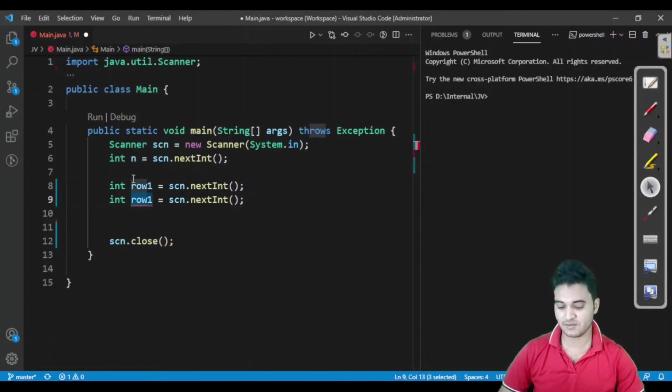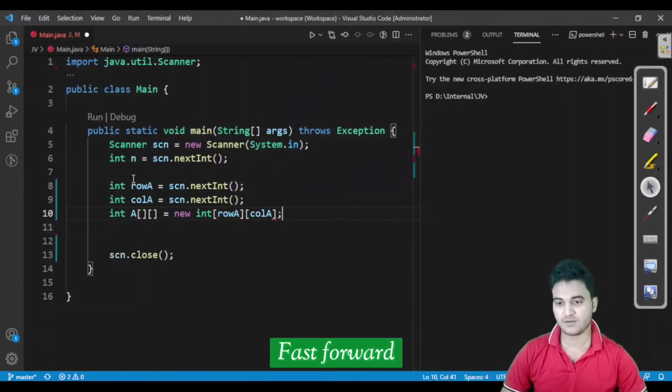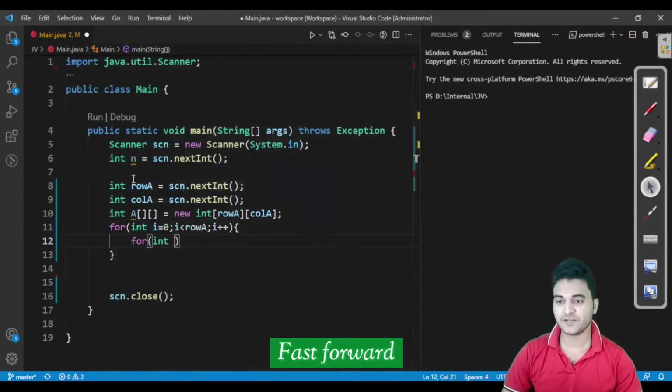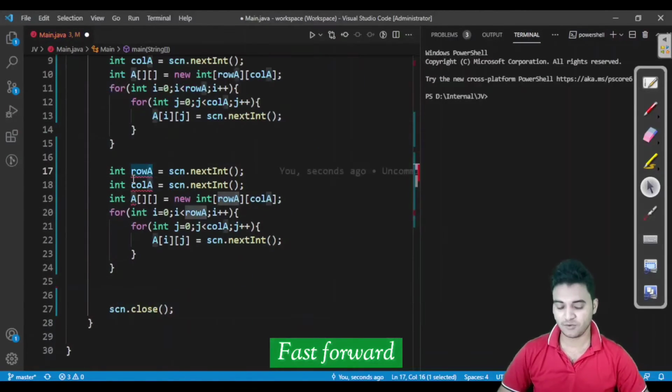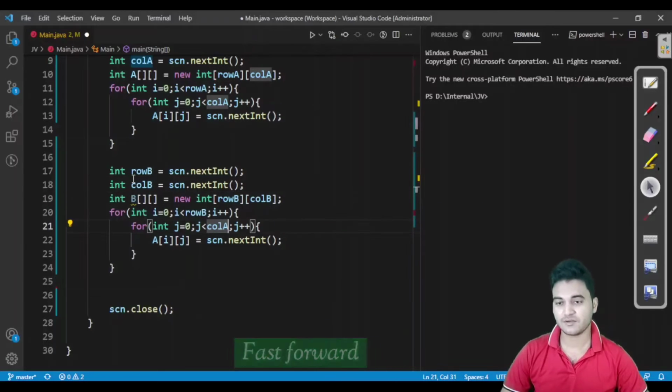Let us call the sizes row A and column B. Fine. And we have to take input into B. So this is done, we have finished our input taking process.